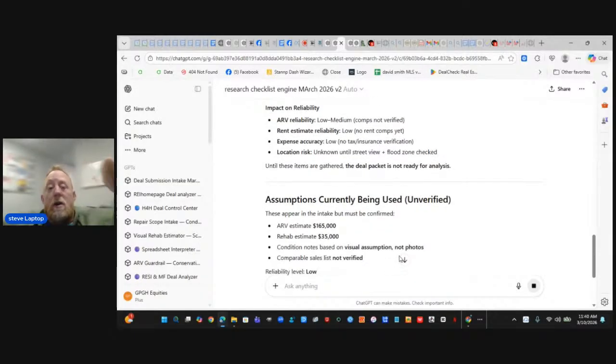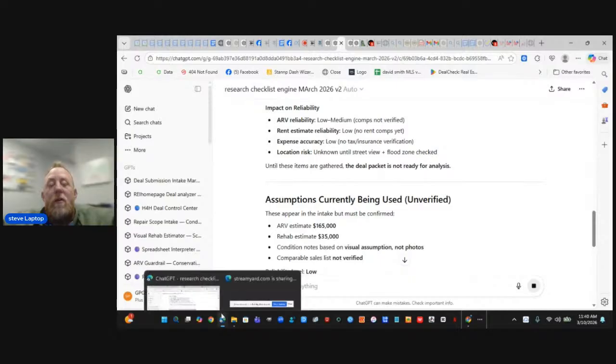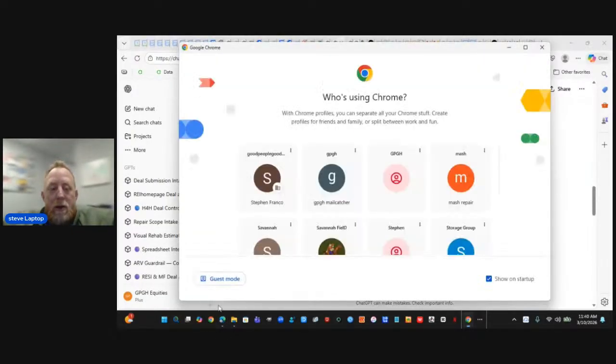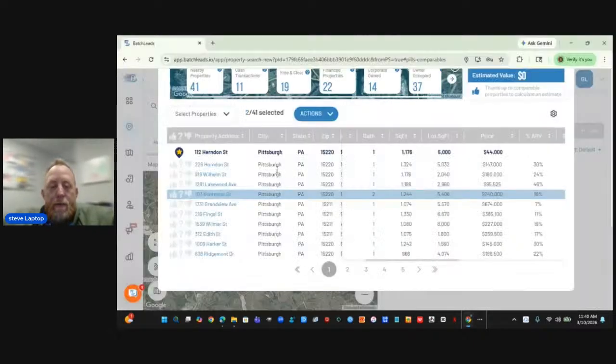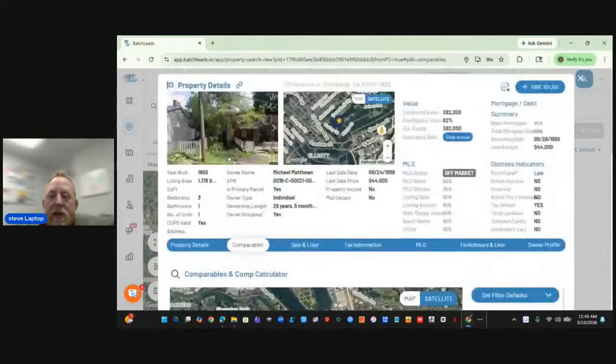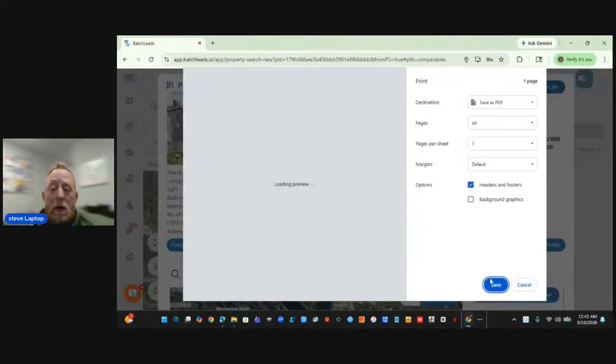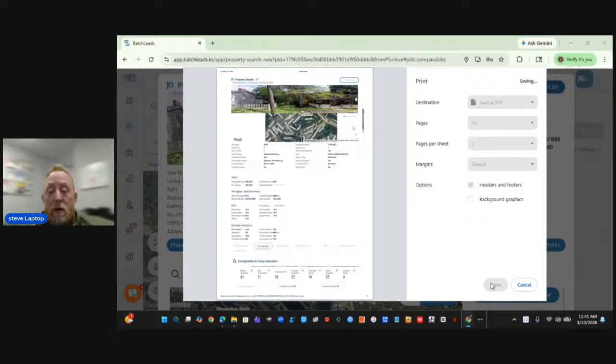Now here's a good one. ARV, comps not verified. Absolutely no freaking reason why we can't go into batch leads and give it verified comps. So what I would do, what you need to do, is go here and print out,